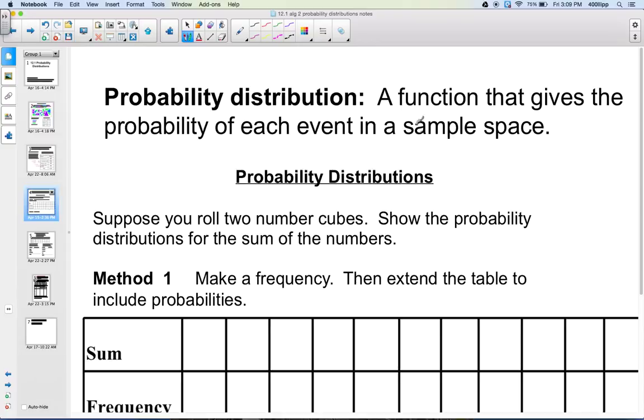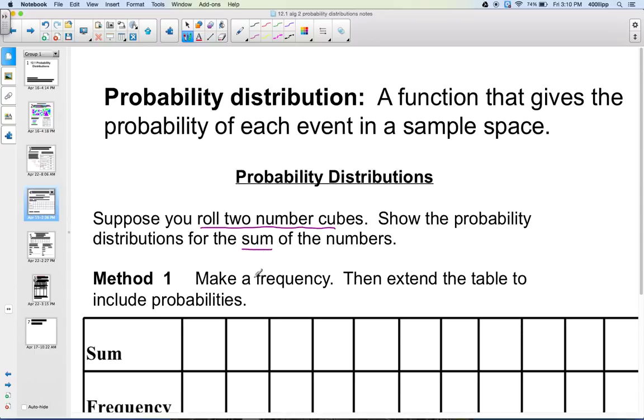All right, so moving on, we're talking about probability distribution now. A function that gives the probability of each event in a sample space. So we're going to take a look at rolling 2 number cubes. Okay, so if we have 2 number cubes and we want to find the probability distribution for the sum of